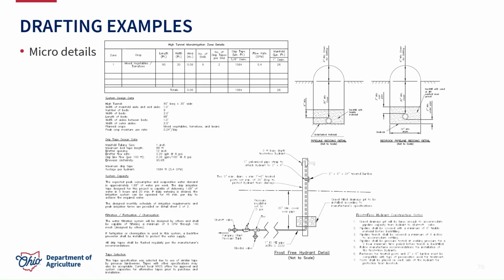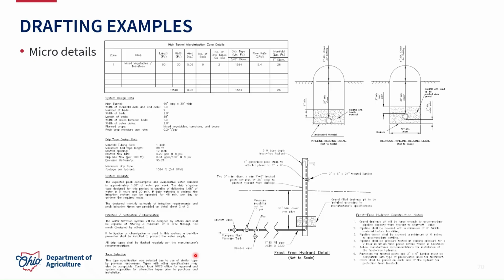Looking further at the first page of some microirrigation details, we're going to have a description of what our microirrigation zones are, how many beds there are, their dimensions, and what tapes are being used. So some of that design data of how the beds are laid out, the drip tape specifications used in this design, additional requirements of what capacity is needed to provide the system, if there's any chemigation or fertigation used in the system, and a disclaimer saying other tape designs can be utilized to meet the specifications,